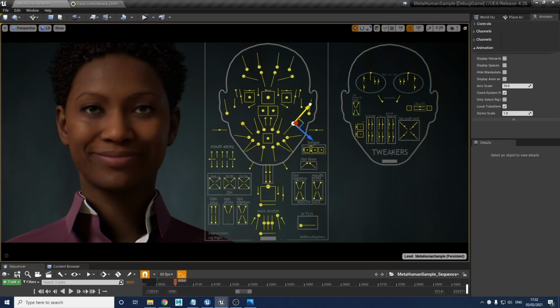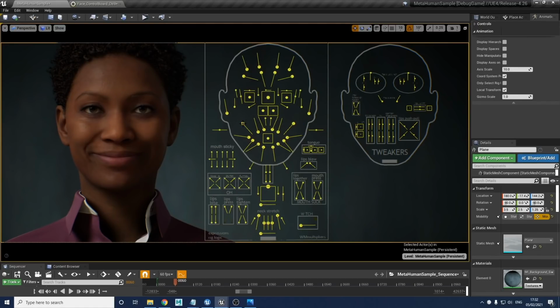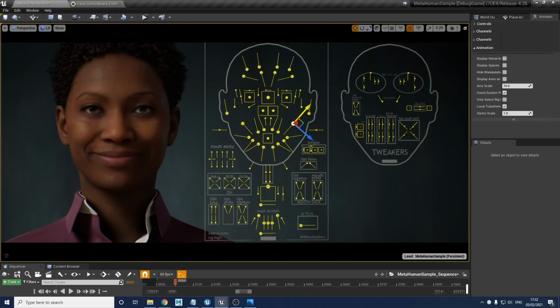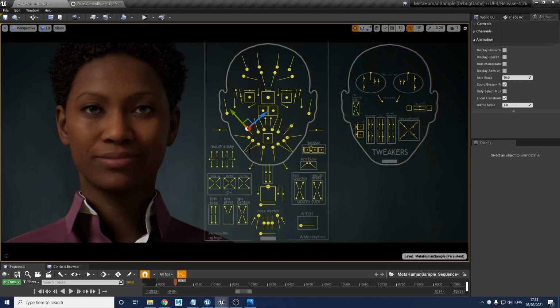It gives you a classic smile shape. Sorry, I seem to have left a little bit of jaw forward on there. Bring that back to 0. So yeah, we've got a big, nice, wide smile with this control here. Moving them together gives you a symmetrical one, but they can be used asymmetrically. So if you want a bit of a crooked smile, you can use these in any variation you like.